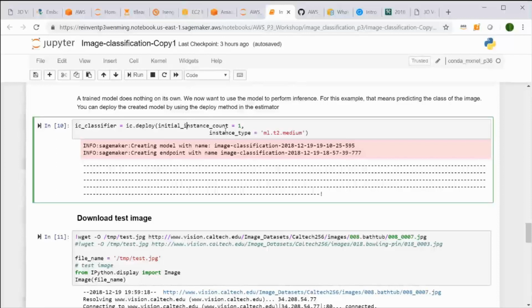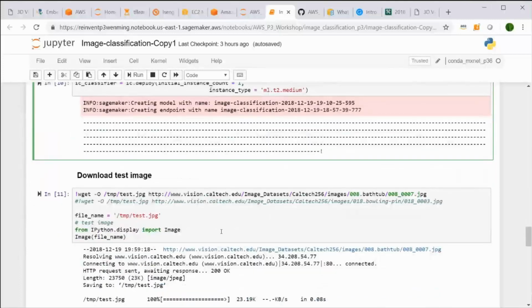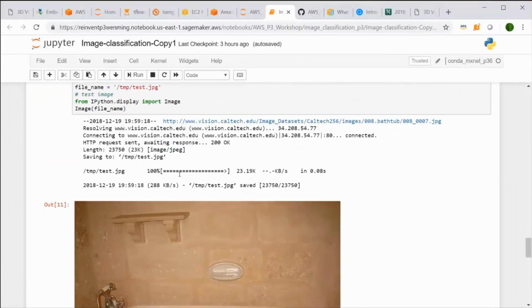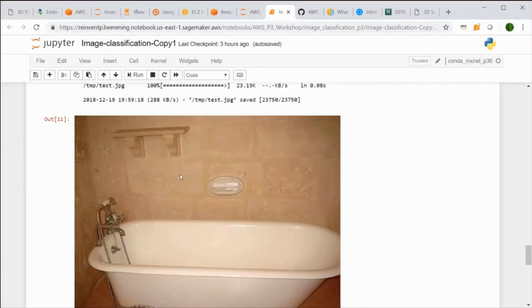deployed an inference endpoint, asking SageMaker to give me a place to host the model that I just trained. And then finally, I want to call this particular endpoint and figure out what this image is all about.